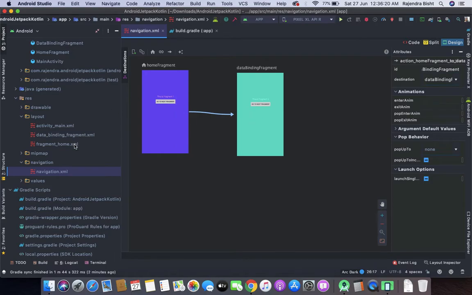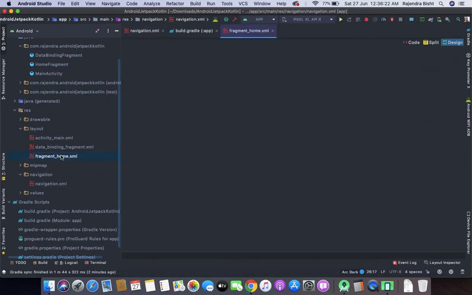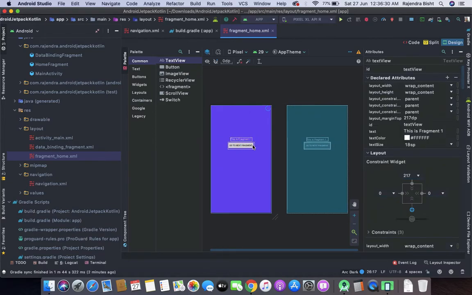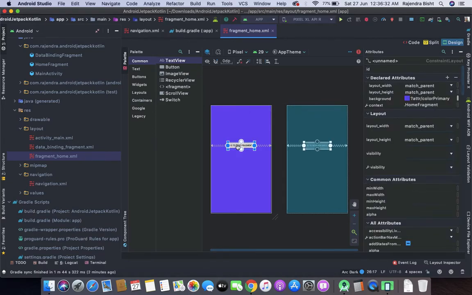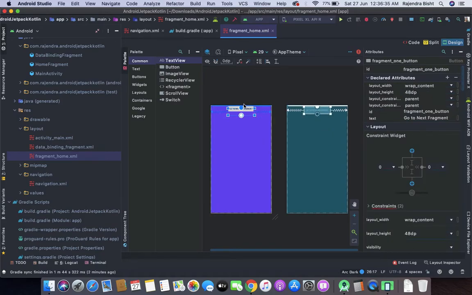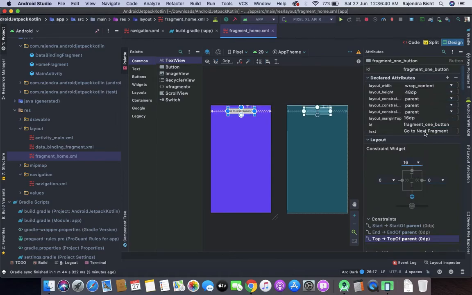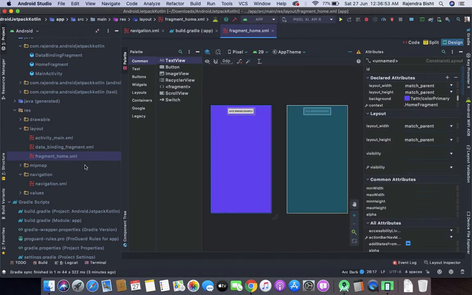So now I am going to delete this text view and, okay, data binding example and fragment data binding.